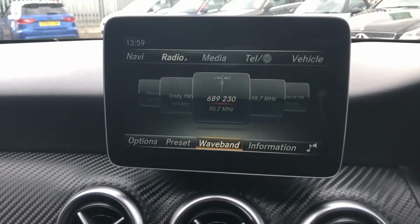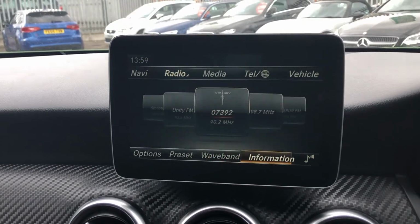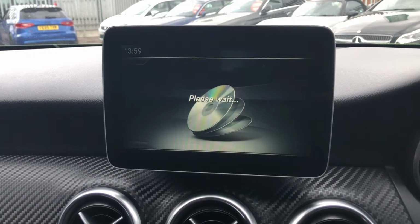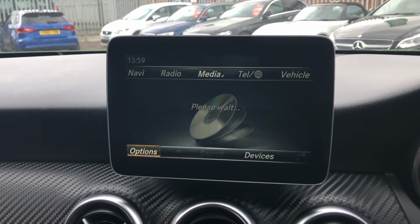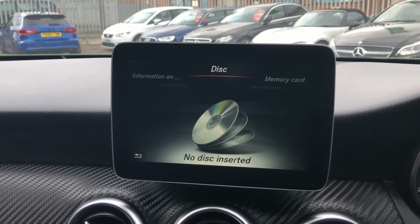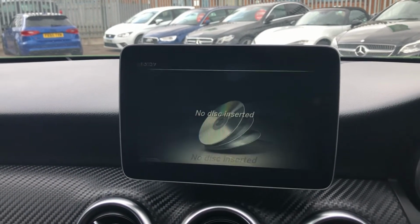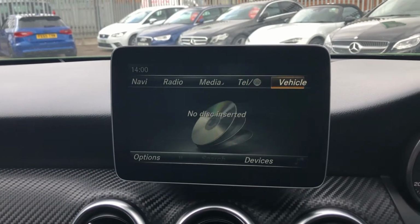Click on radio, you can see all the different things, waveband, FM and AM, no DAB on this option I'm afraid. Media, I can click on there and you'll see it will bring up all the different options in just a minute of what I'm able to do the media through. So if I click up and I click on the media, you can see I've got disc, memory card, media interface, Bluetooth audio, and that's all the options. I was going to say something else but it's cut me off. I've also got Bluetooth telephone, and we can